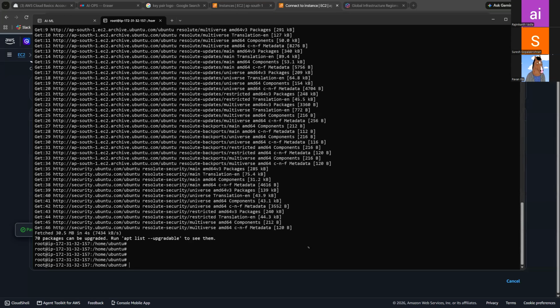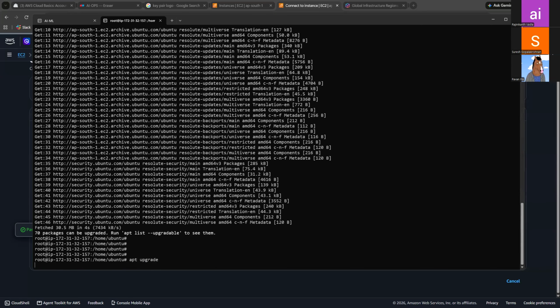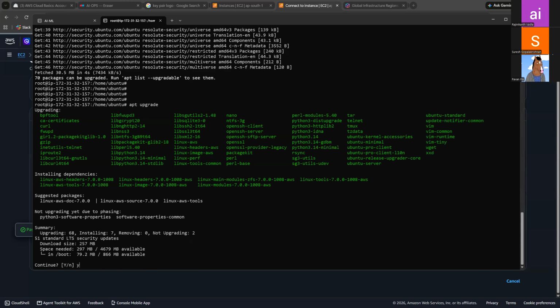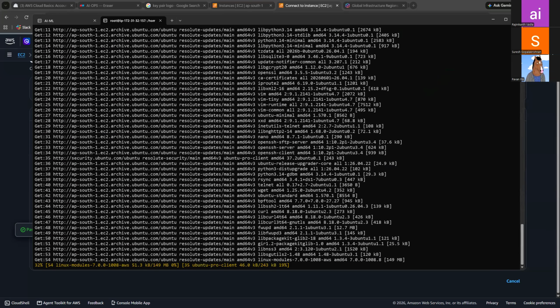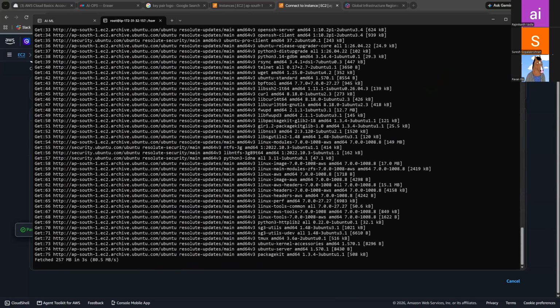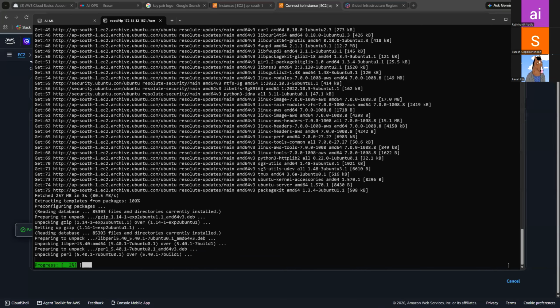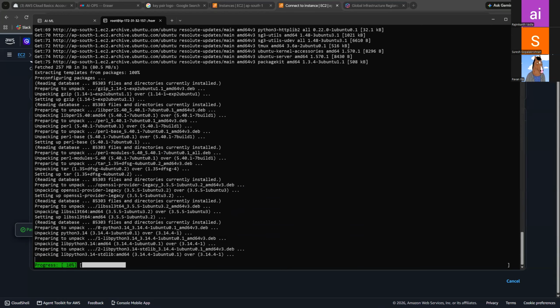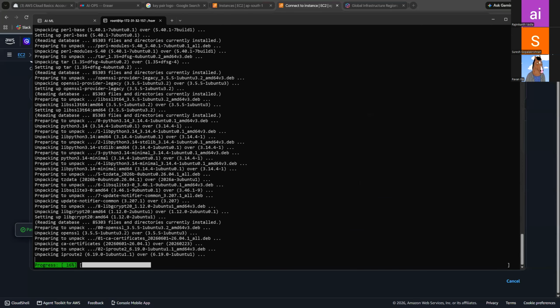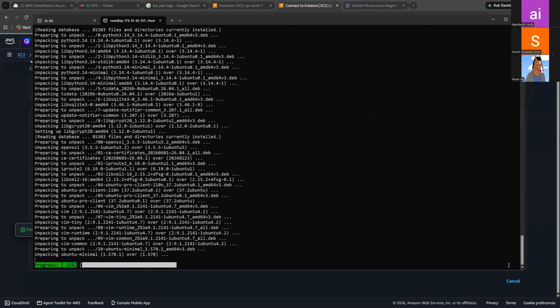Okay, for now we are doing the upgrade. It will update and it will upgrade. That means it just updates within the server and downloads the new upgrades from its Ubuntu managed repository.